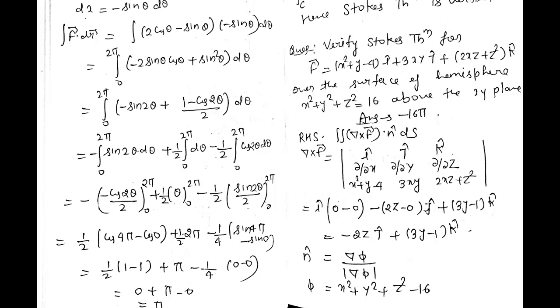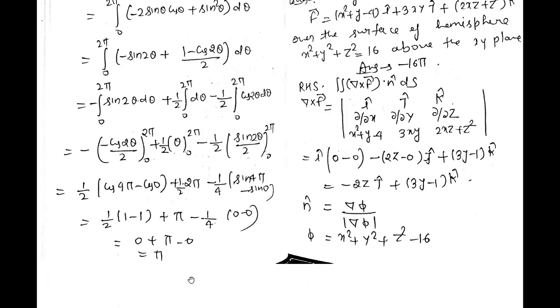After integration with respect to theta, apply the upper limit minus the lower limit. So you can see that minus minus will be positive: cos 4 pi minus cos 0, plus 2 pi upon 2. So the 2 cancels out, and the limit will be 2 pi minus 0, minus 1 by 4 (sin 4 pi minus sin 0). Now we know that cos n pi is equal to (minus 1) to the power n, right? So n is 4 here, so minus 1 to the power 4 you will get positive 1. So 1 minus 1 plus pi minus 1 by 4. Sin n pi is always 0 for even numbers and for odd numbers. So 0 minus 0. So your answer is pi.